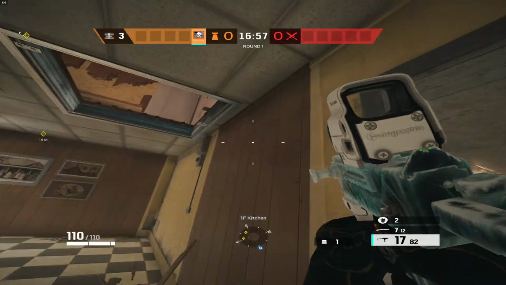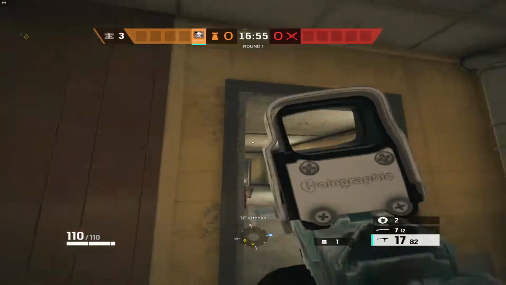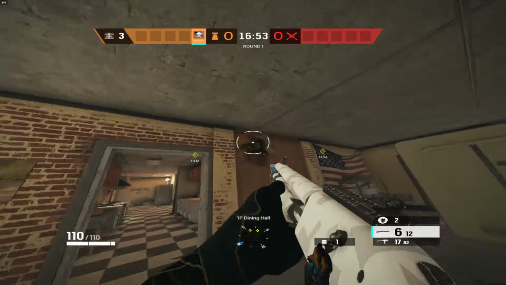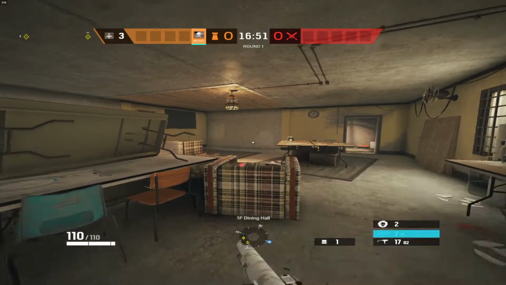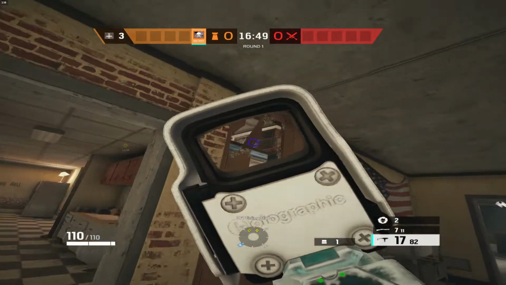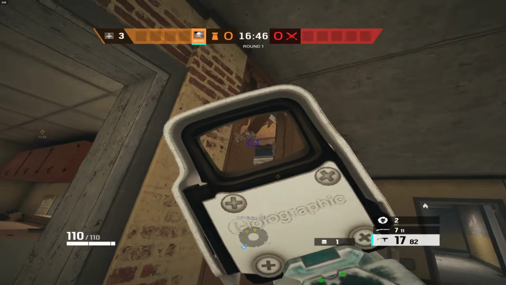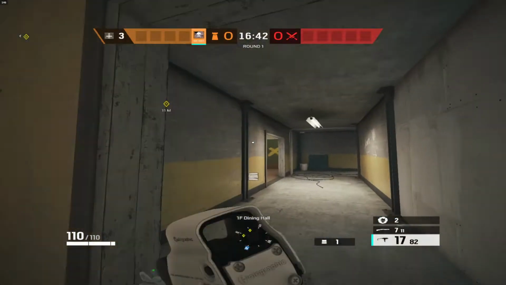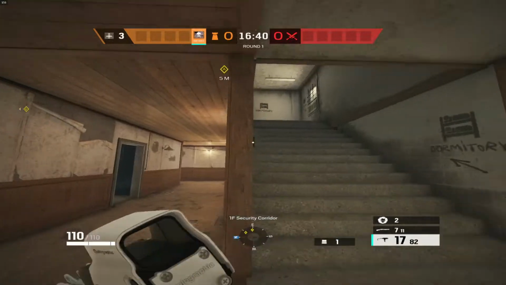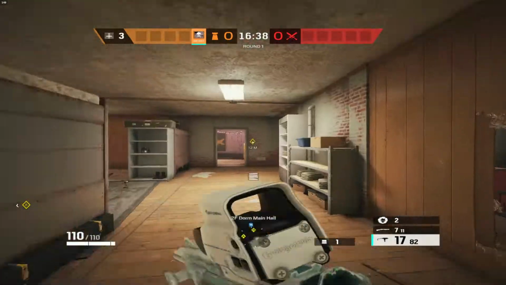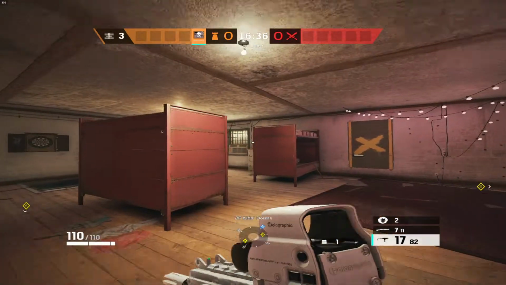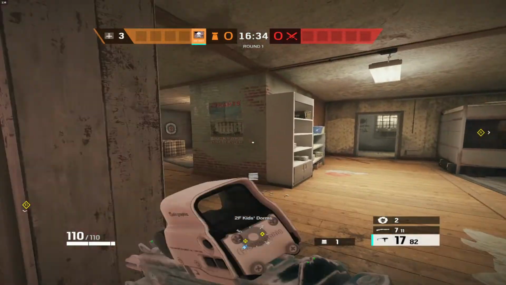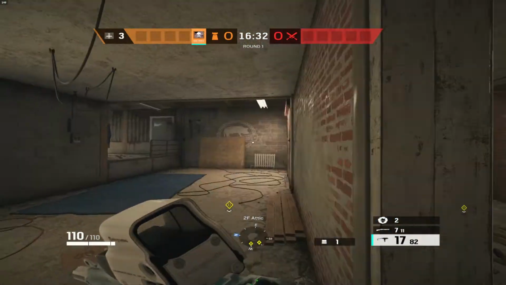Another thing, unless the site is down here, don't open up here, because if you open up here, I'm just going to open this just to show you, they can come in dining, and look at that. They've got a nice angle on your rotate here, and towards the door. You can't quite see the door, but you get the point. Alright, and I believe that covers all rotates and